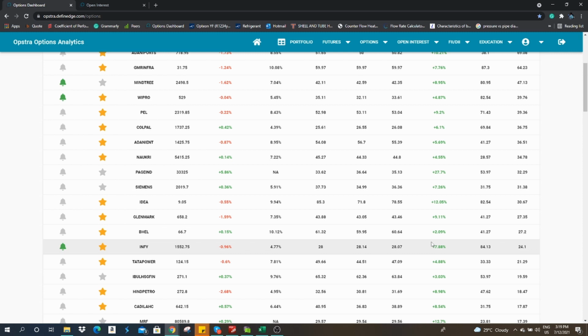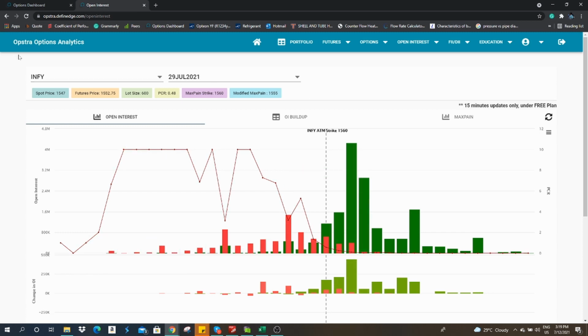At the same time, we want to see the open interest position for Infosys so that we can come to know what exactly the other major players are doing in the Infosys stock. So this is the option Abstra. This is the Infosys current month open interest position. As you can see, 1600 call option has the highest open interest, whereas the put option is very less in terms of quantity. Here the call option open interest is around 42 lakh 60,600 quantity, whereas the maximum open interest put option is just 14 lakh 85,600.